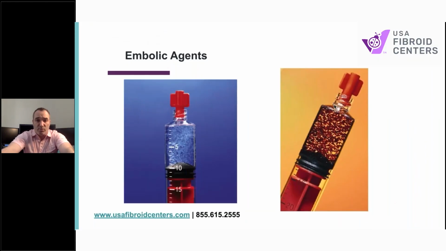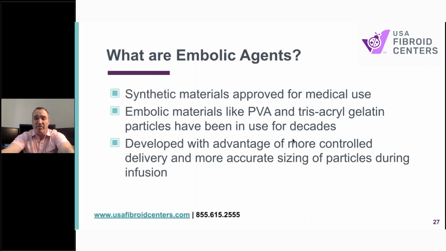So we do administer these little embolic agents. These are little round beads. People worry about them. This is what they kind of look like. They're very cool to utilize. We've studied them extensively. They're specifically sized for fibroids. In fact, they're 500 to 700 micron, if anyone's really curious. They're made of materials that have been in existence for a long time, known as PVA, which is polyvinyl alcohol, or trisacryl gelatin, which is what goes into Embospheres, which is what we use for the standard of care.